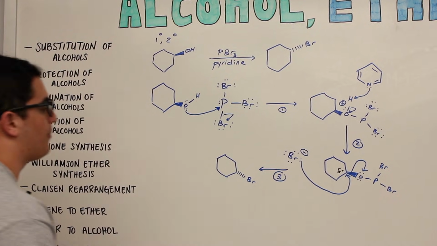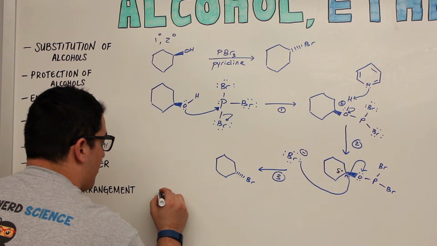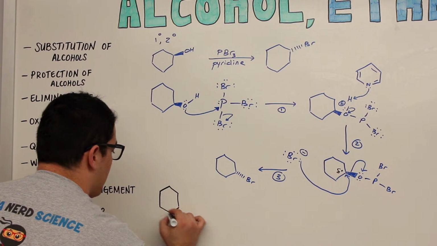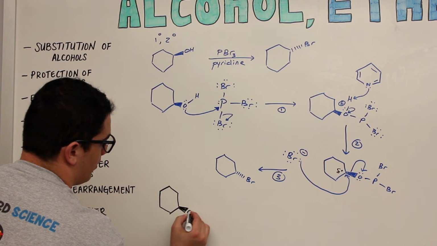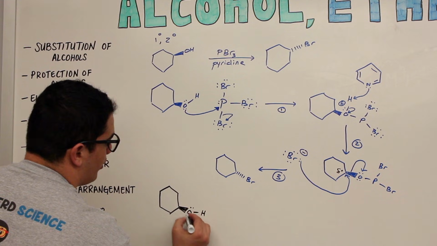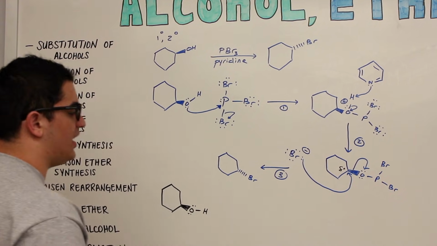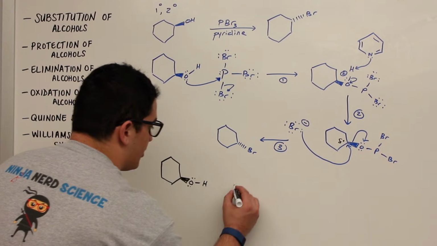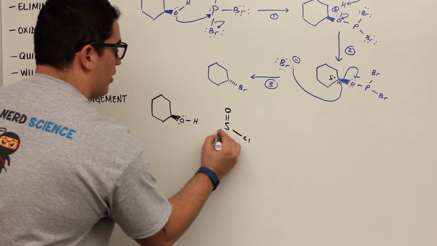Let's do this one in black. Okay, second substitution. Let's do the same thing. And let's put our alcohol here, and let's put them back on the wedge again. And now what we're going to do is we're going to react this alcohol with what's called SOCl2. Okay, so S, double bond, oxygen, Cl, Cl,